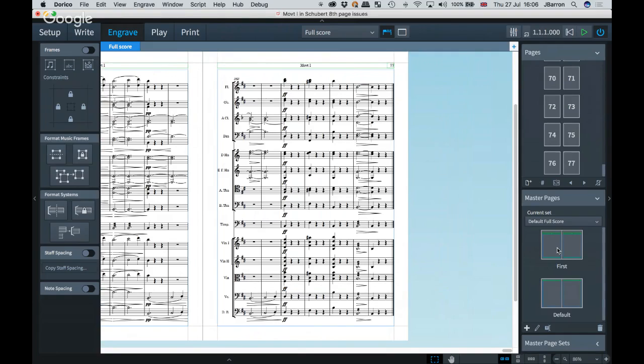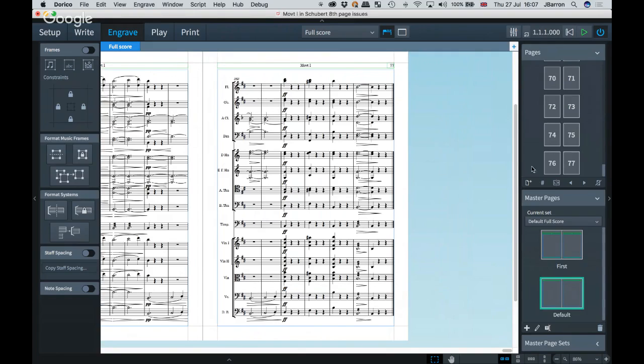And Dorico is just aiming there for you not to lose your music. It's creating pages automatically for you as you create music, and it's just following the first template for the first pages, and then subsequently the default master page for all the other pages. If you make local changes on one page in one layout, then you get an L frame, or LA or an LB frame. And they can only be created and edited on individual pages, and the L is just a